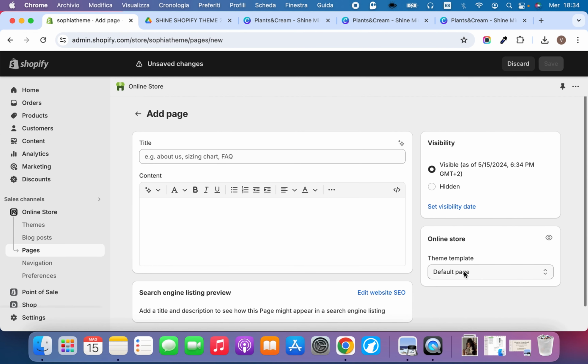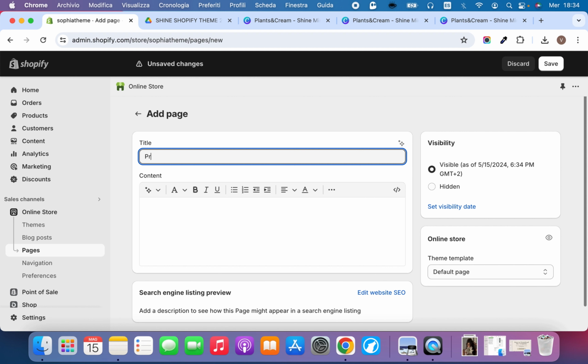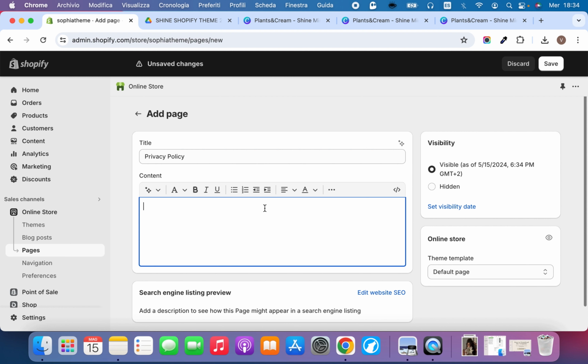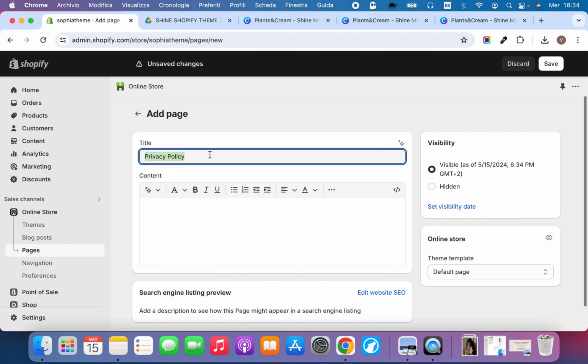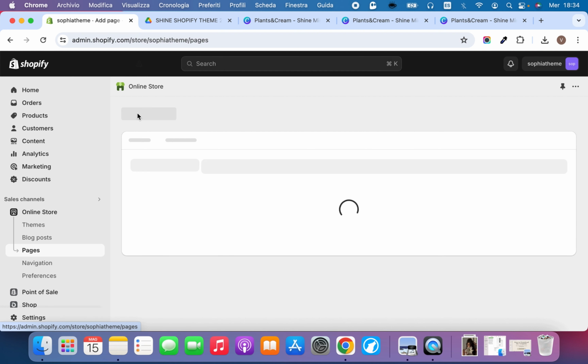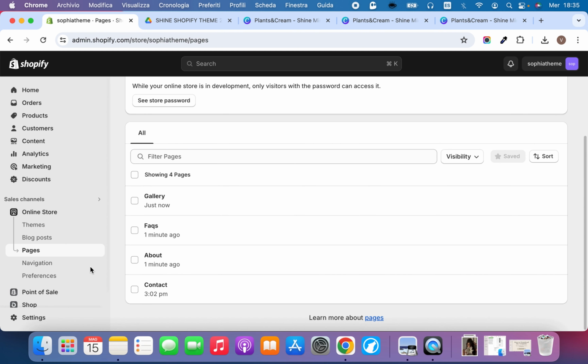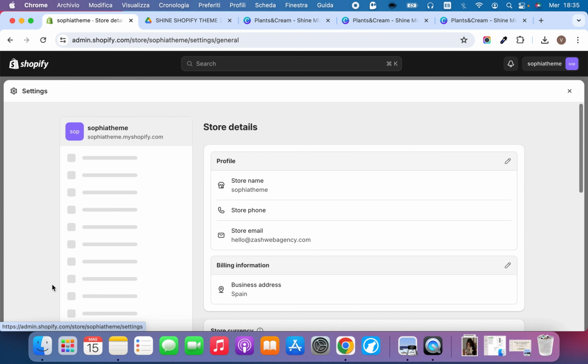The default theme template is a page which has only the title, like privacy policy, and then here you add all the text that you want, and that's it. Or you can go to settings,